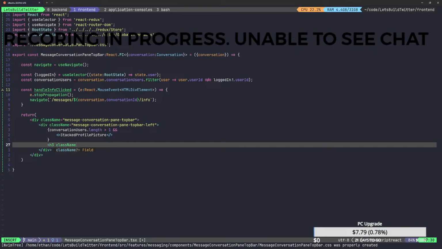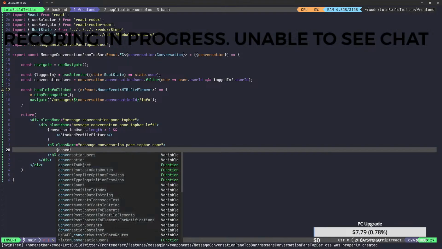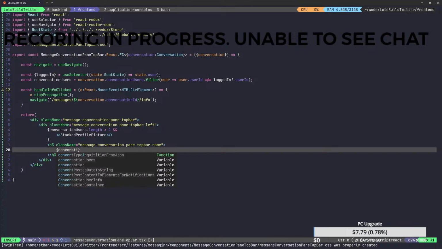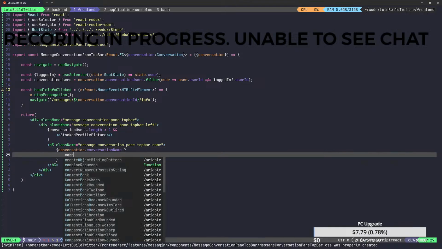H3, class name equal to message-conversation-pane-top-bar-name. Okay, inside of our name, we're going to say conversation.conversationName, question mark. If we have a conversation name, then we're going to say